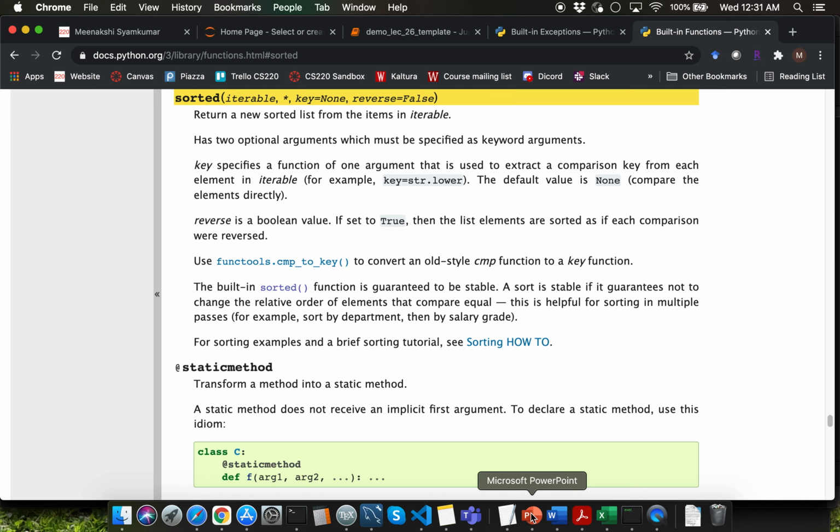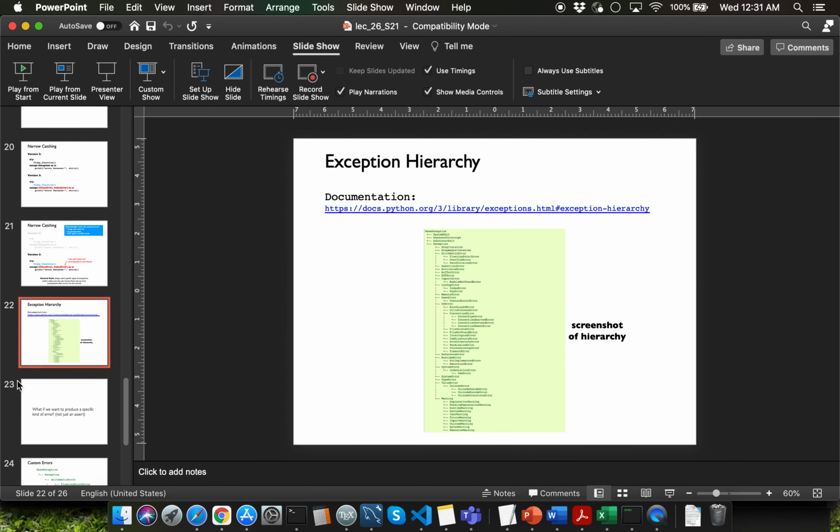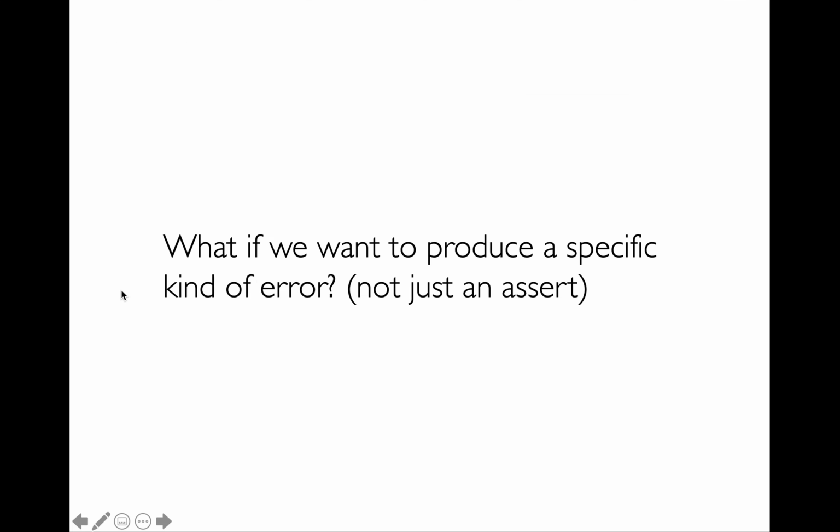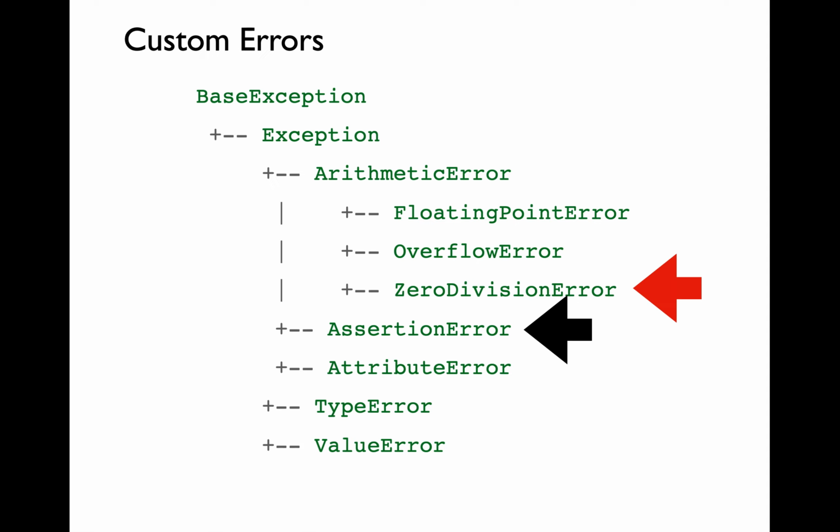Let's go back to the slide deck. And the last thing which I want to talk about in today's lecture is, what if we want to produce a specific kind of error instead of just an AssertionError when we are dealing with semantic errors within our program? We are going to do that by leveraging the exception hierarchy.